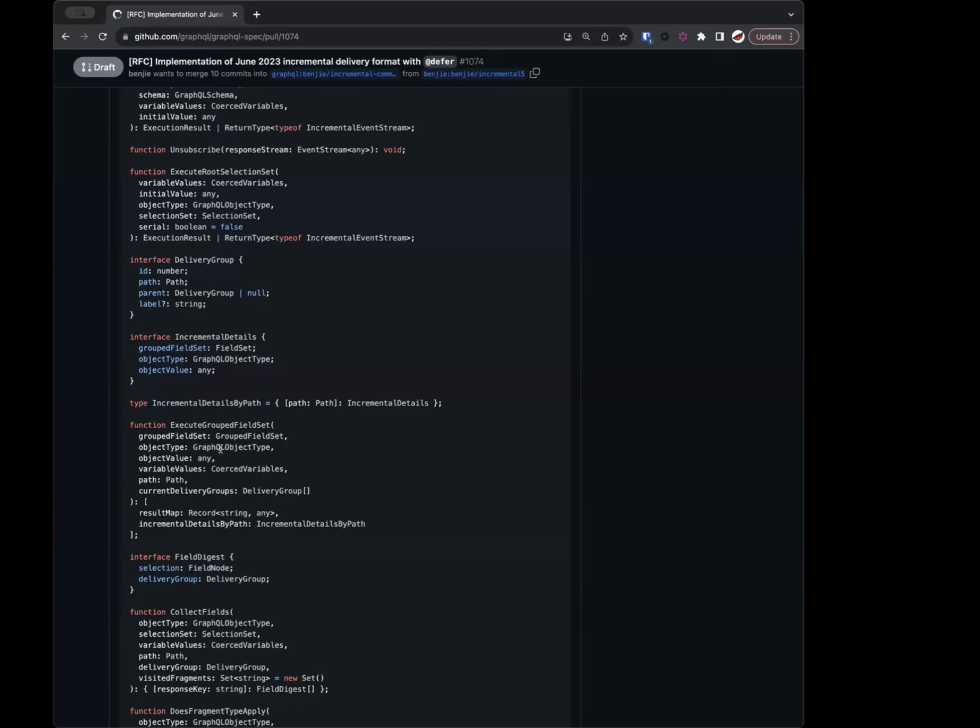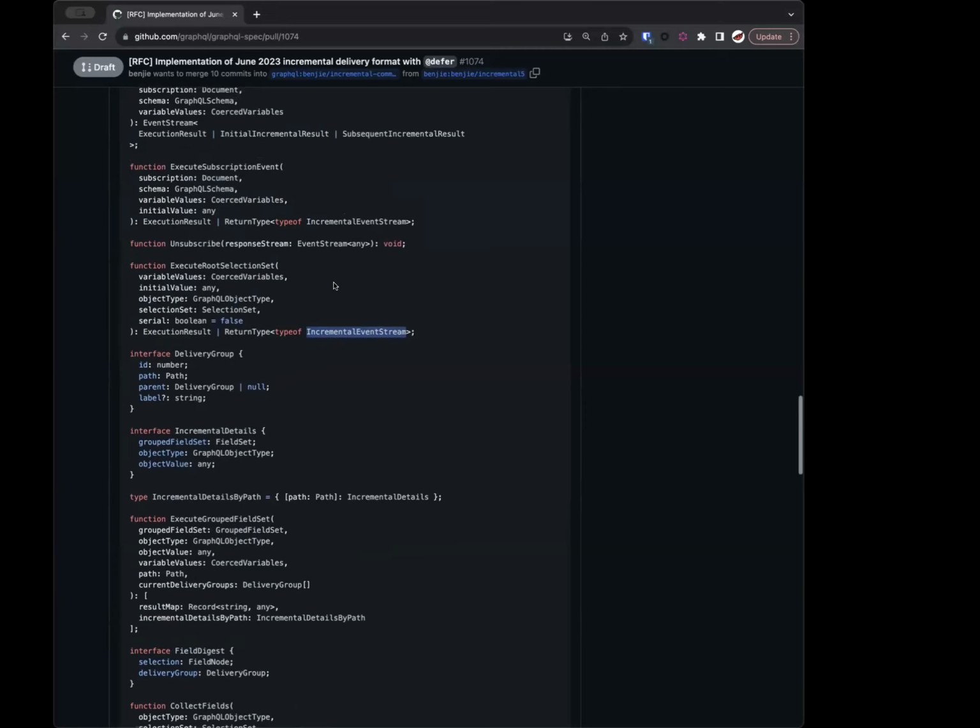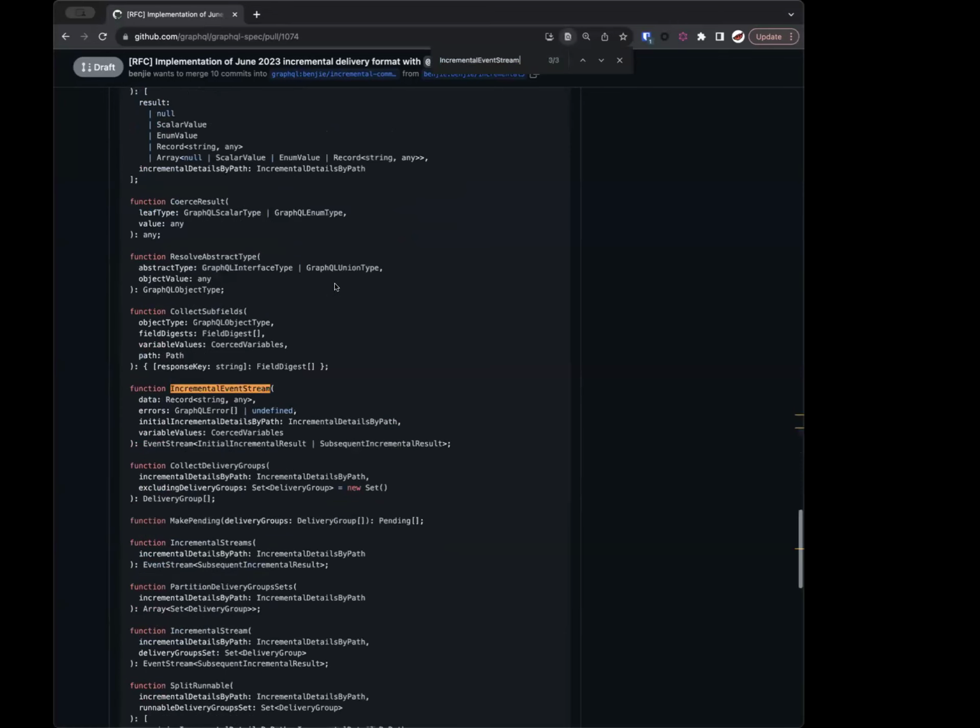Effectively, yes. That stuff will be grouped together and then turned into streams. And of course, if the execution of the field set explodes for whatever reason, for a null happening in a non-null, then those incremental details by path will also naturally explode next to it. So they'll never be collected, so they'll never trigger any async work.